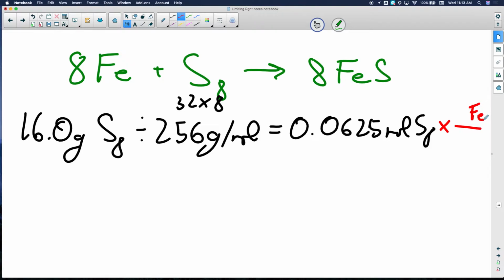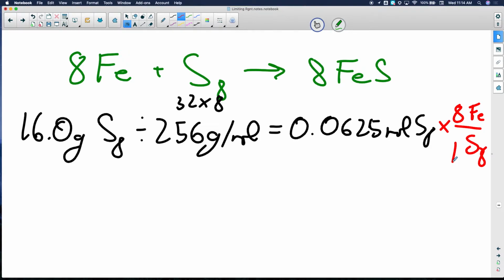Iron. What chemical is going to go on the bottom? Because that's what I have info about. And what are the coefficients? Elizabeth, who was not here for this but still is a smart kid and can figure this out: what is the coefficient on iron in the balanced chemical equation? 8. Okay, and what is the coefficient on sulfur in the balanced chemical equation? 1. Ta-da! Go ahead. So now Ella is taking her calculator and she's multiplying 0.0625 times 8 over 1, and